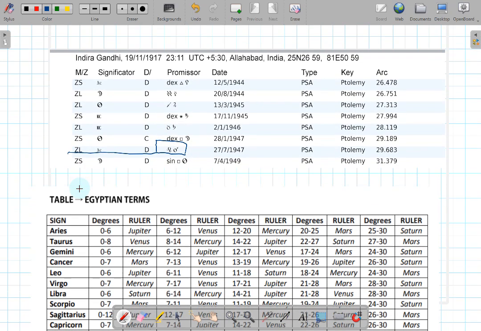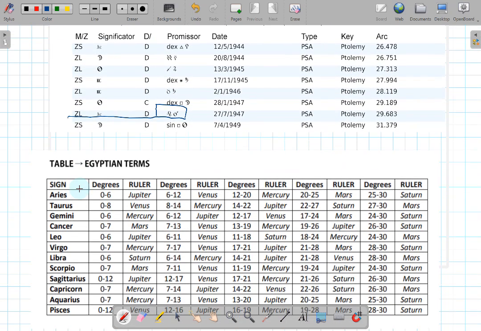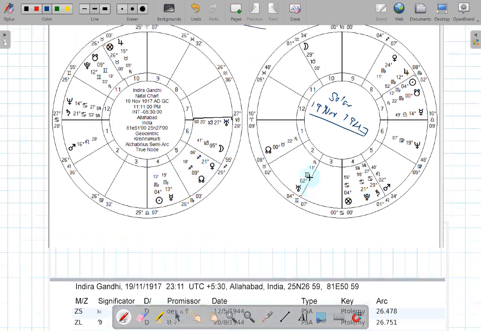If you see the terms of Mars in Leo, each sign has its 30 degrees, and each particular planet is allotted a band of degrees. Right now the ascendant is almost in the fag end of the sign Leo, and will then enter Virgo. So the ascendant is basically in the terms of Mars in Leo, in the 24 to 30 degrees band in the sign Leo.